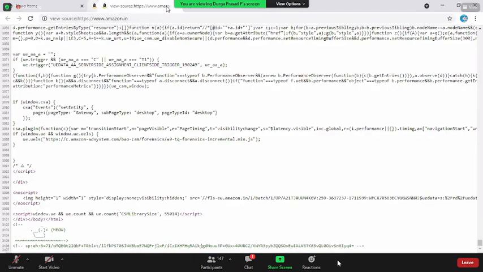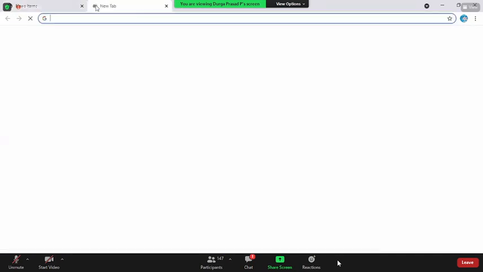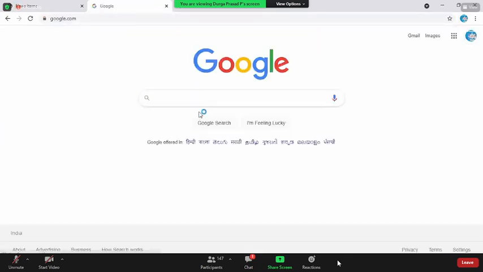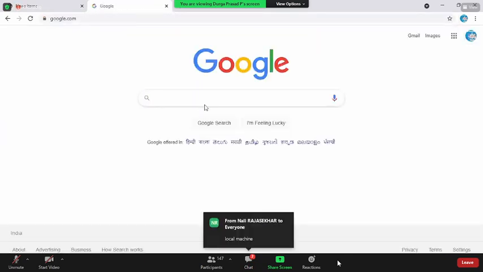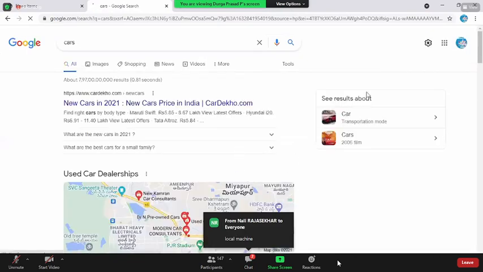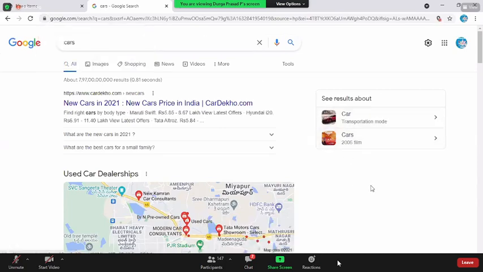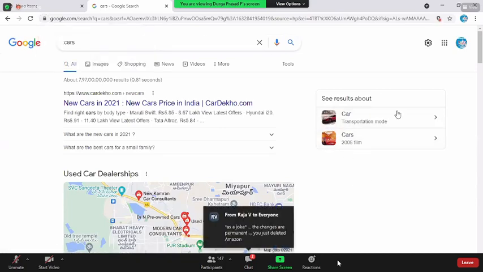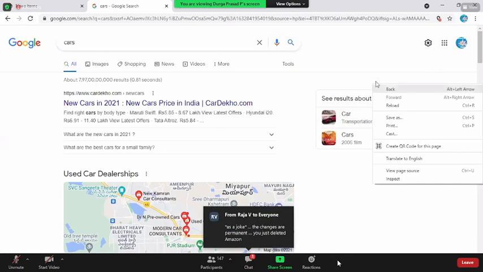Now, say for example, there is a requirement for you. I asked you, boss, go to google.com. I say I would like to search some cars. And I say that, boss, whatever the setting icon is there, right? I want you to implement the same guy in our application also. So what you need to do, if you could get the corresponding HTML and CSS of this guy, is it not easy for you here?